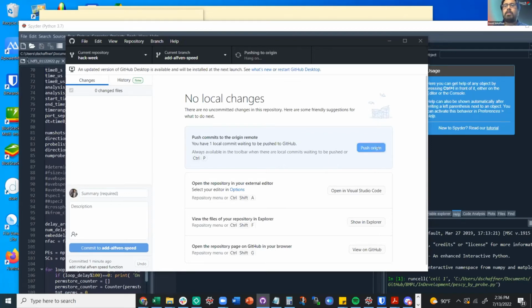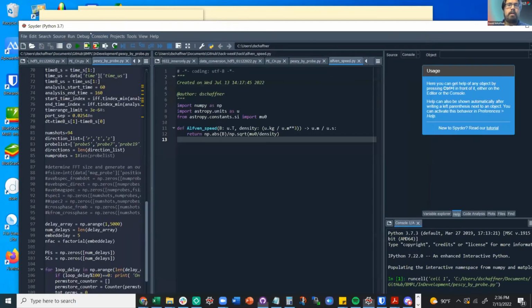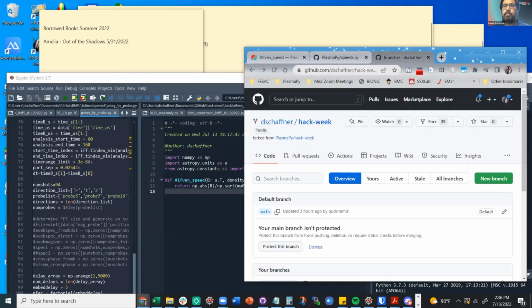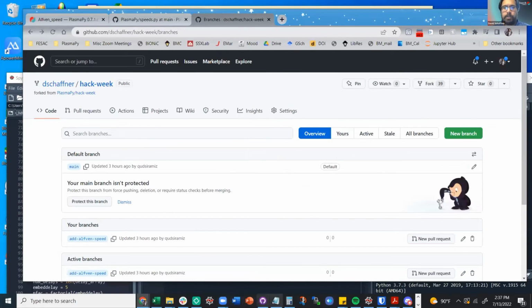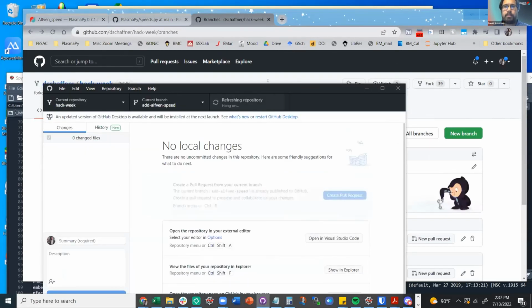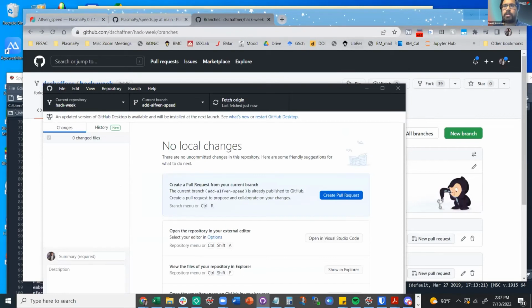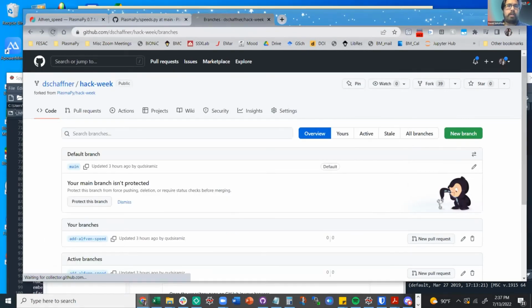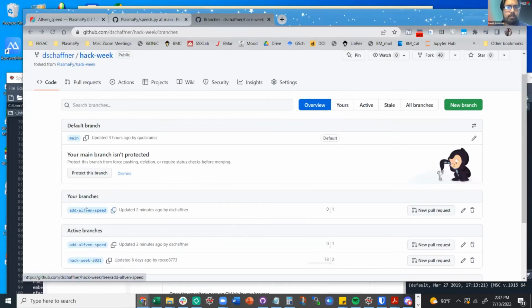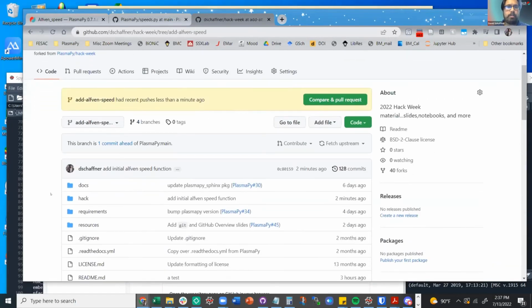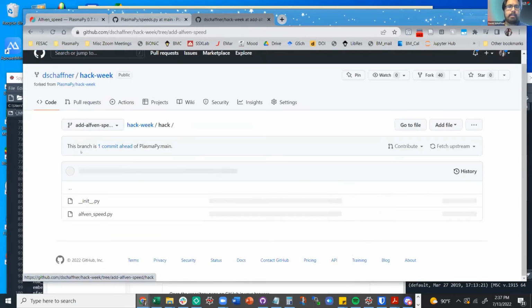Yep. Okay, so I'm going to push this to origin and we'll go back to see that the change has been updated on here. As soon as it finishes pushing. Okay, so it's finished pushing. Now, let me look here. And you can see I updated my branch 2 minutes ago. So my branch now has the Alfvén speed